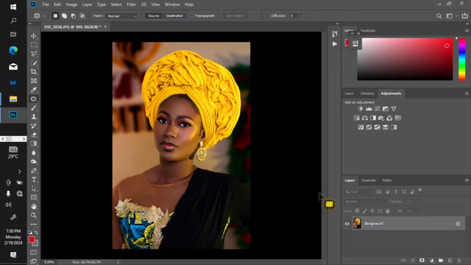Something I think will help you a lot. We're talking about curves. And before we go into that, I took this image